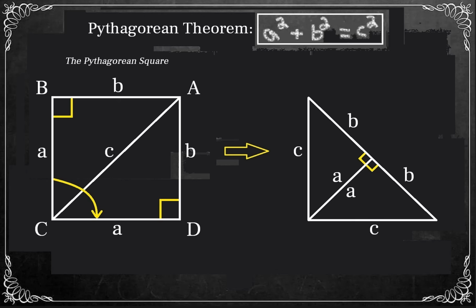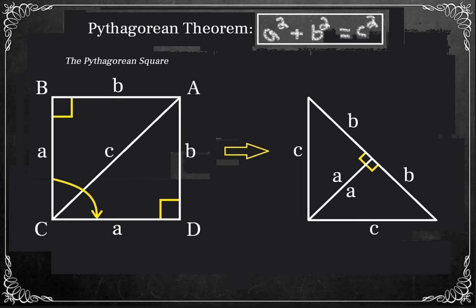On that note, to simplify, we actually want to prove the Pythagorean theorem in the white box. The theorem states, in a right triangle, the square of the length of the hypotenuse is equal to the sum of the squares of the lengths of the other two sides, or legs. This relationship is expressed by the formula, which we said already, where C represents the hypotenuse and A and B